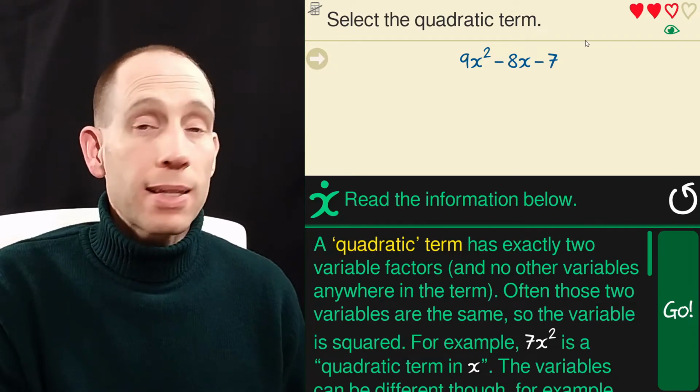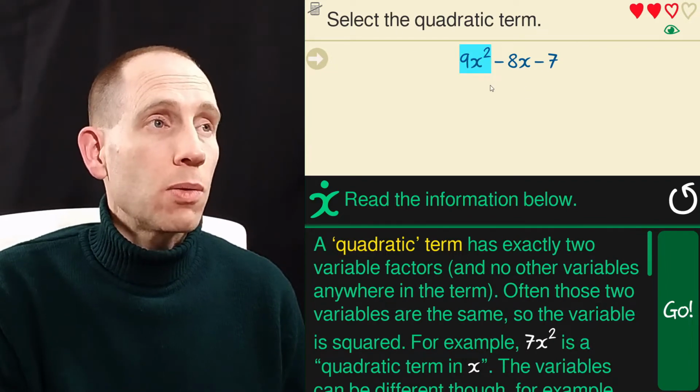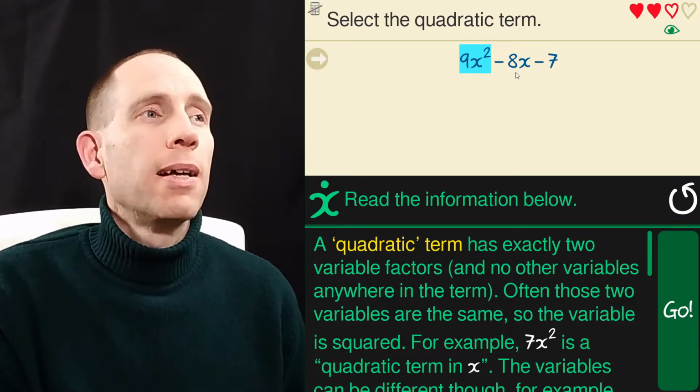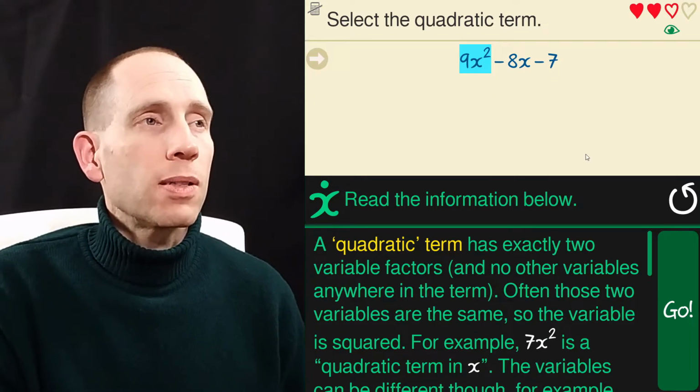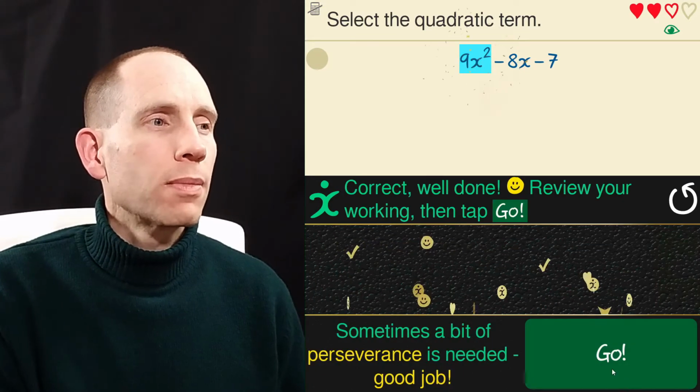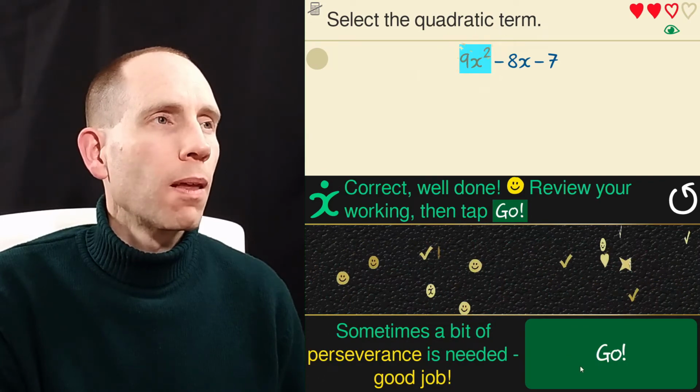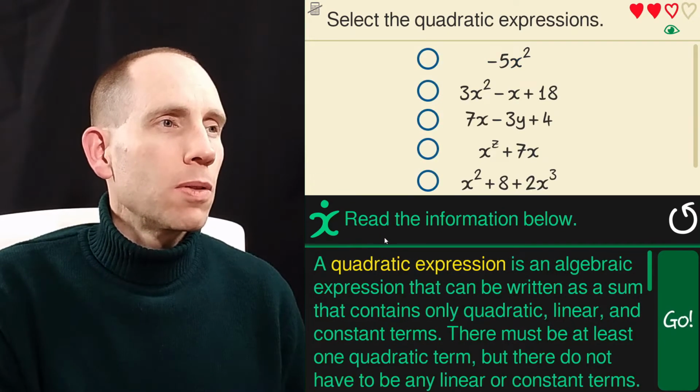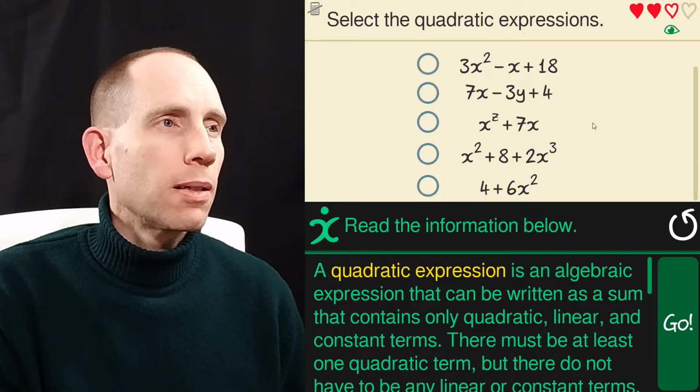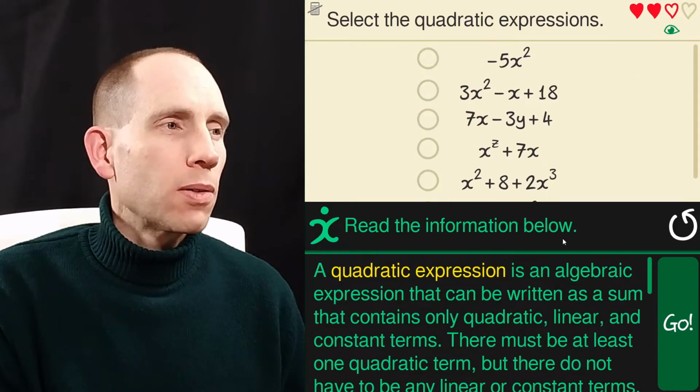Okay, so we've got to select the quadratic term. So it's the x squared term in this case. That's a linear term, and that's a constant term. There we go. I'm going to move that down a bit and make sure I scroll there so I can see all the